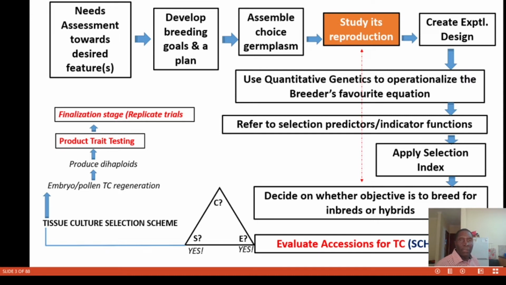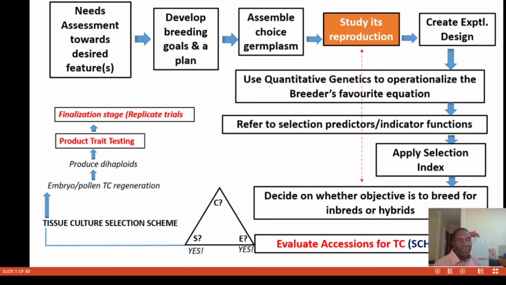And then from there, we spent considerable time and focus on assembling the choice germplasm, characterizing and evaluating, and then doing some of the statistics, examining the statistical options that can inform on the identification of the accessions of promise to actually go on with